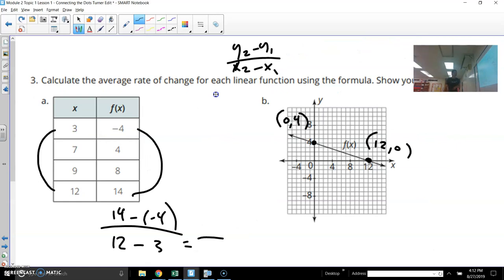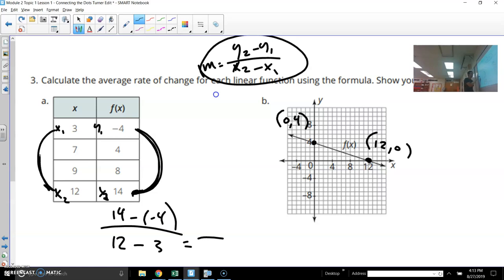Calculate the average rate of change. Over here, I just picked two random points. I picked the last one, and I picked the first one. In the formula, you have y2 minus y1 over x2 minus x1. That's what I wrote here at the very top. This is the slope formula. So I basically said, let's plug in 14 minus negative 4, and we'll also do 12 minus 3. I want you to go ahead and simplify that as far as you can, and we'll check your work